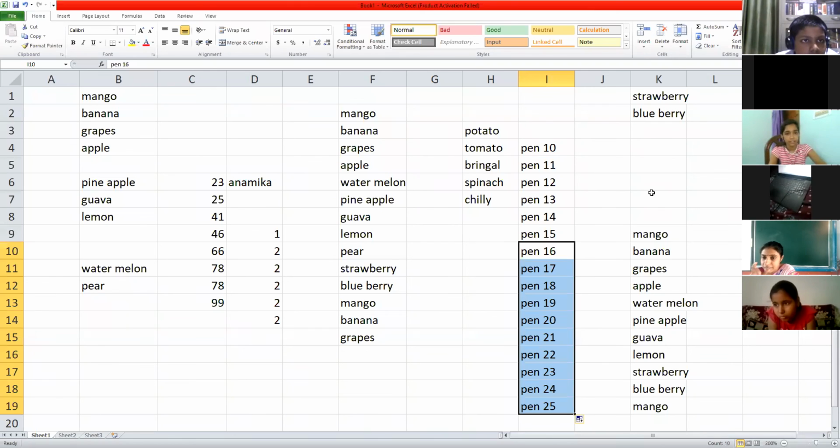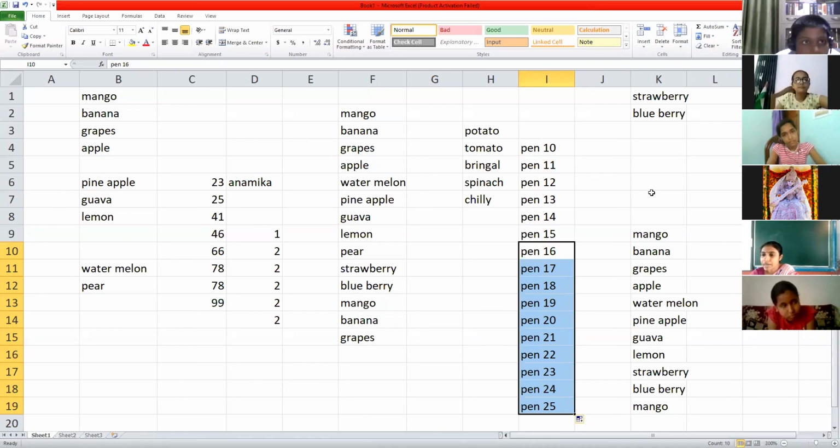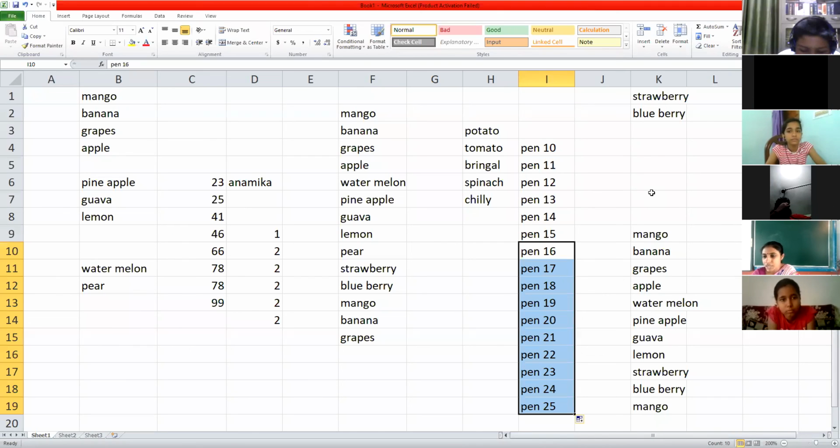Just suppose in a name you cannot write any number, like Anamika 1, Anamika 2, Anamika 3. As soon as you write it, it will give you a message on the screen that you are entering wrong data. Validation is used because when a huge amount of data has been entered, by chance any kind of mistake can happen.